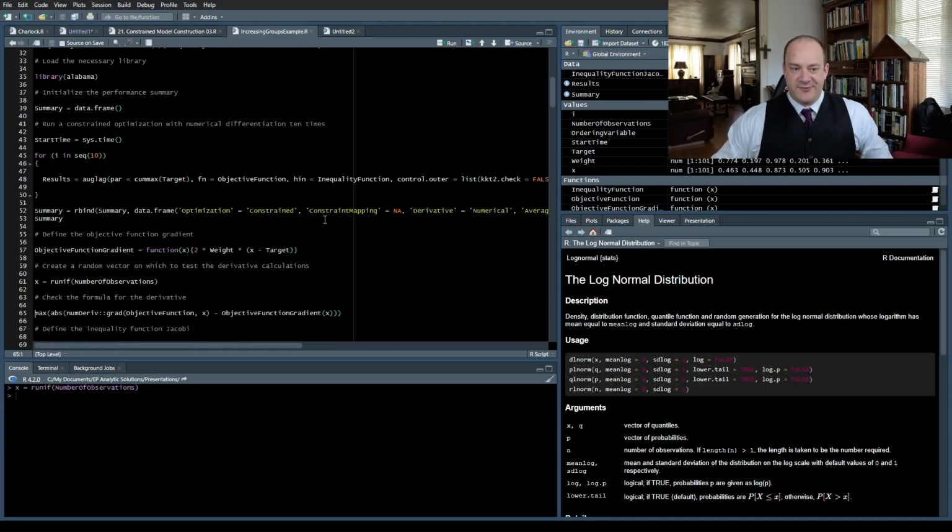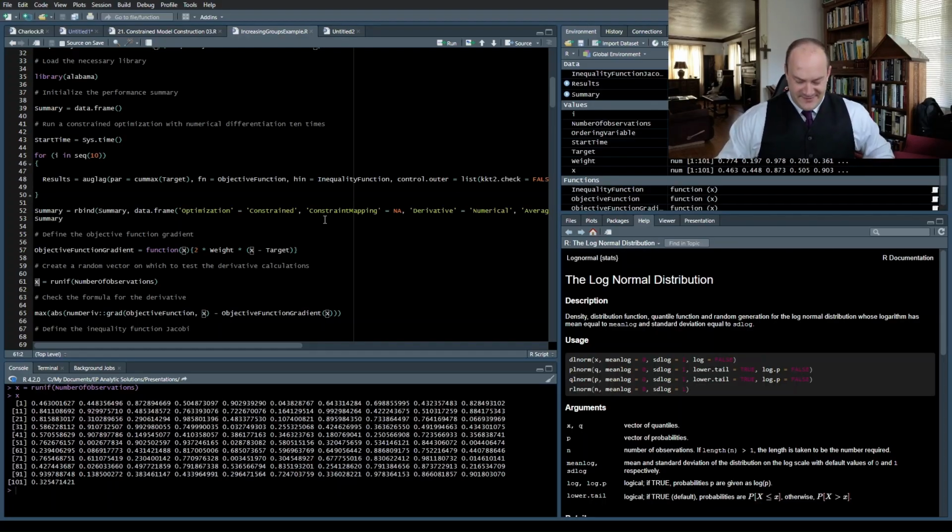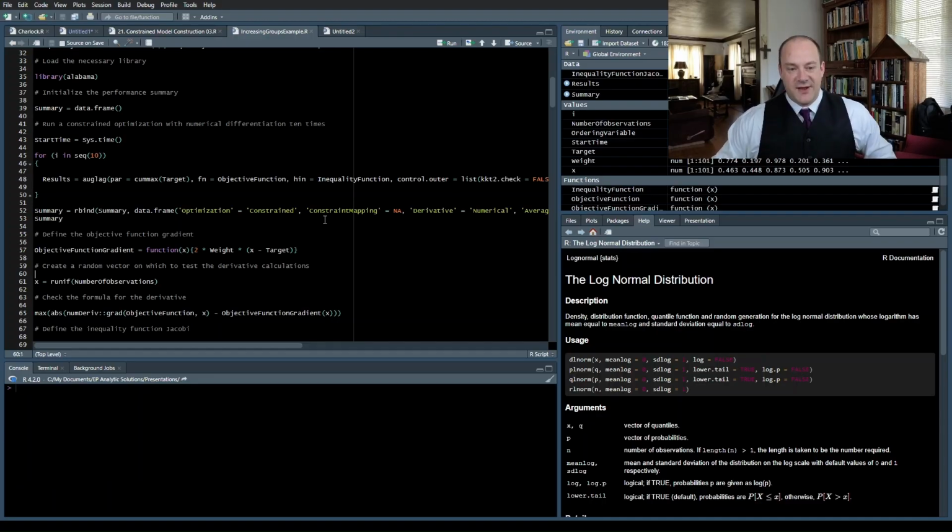And so that's the point of this right here. What's going on here is a numeric differentiation in R. And you just say, hey man, I want you to compute a gradient. And it says of what? You say, well, this objective function. It says where? Right here. That's what I want. So right here, we generated a random vector. And now we're going to look at what R says is the numeric derivative there versus what our formula says. And they go, okay, well, we're good at the fourth decimal place. Well, I feel pretty good about that. So my skills must not be that terrible from